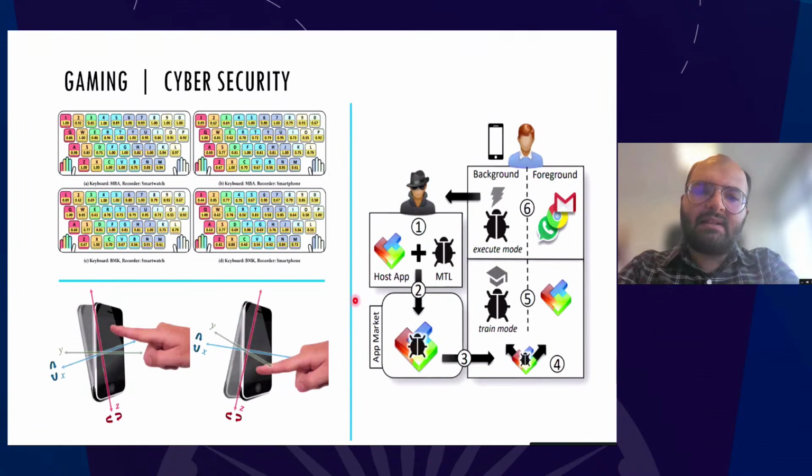साइबर सिक्योरिटी में अगर हम बात करें तो अगर लेट्स से कि मेरा फोन हैक हो चुका है और अगर मेरा फोन मेरे कीबोर्ड के पास पड़ा है, चाहे लेफ्ट साइड हो, ऊपर हो या साइड में कहीं पे फोन पड़ा हो, तो फोन के माइक्रोफोन के जरिए जैसे कि मैं कीबोर्ड पे अगर कोई भी की प्रेस करता हूँ तो कीज की जो की स्ट्रोक की आवाज है वो मोबाइल फोन के माइक्रोफोन में रिकॉर्ड होगी और उस की की आवाज के ऊपर से हैकर पता लगा सकते हैं कि मैंने कीबोर्ड पे कौन सी की प्रेस की थी और अगर मैं अपनी कॉन्फिडेंशियल वेबसाइट पे पासवर्ड यूज कर रहा हूँ तो कौन सा पासवर्ड है वो पूरा रिट्राइव कर सकता है।